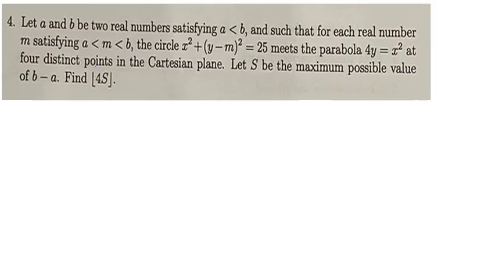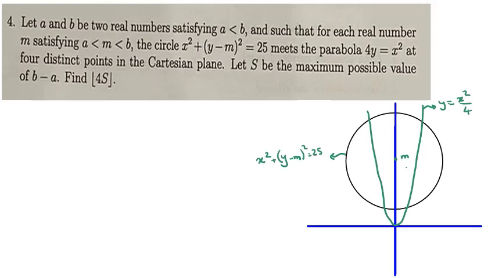One important thing in 2022, 2021 is drawing a diagram, approximately, to understand what the problem says. If we draw y equals x squared over 4, dividing both sides by 4, and the circle has center (0, m), as you can see we have 4 distinct roots. You can also imagine it, but drawing is a little better